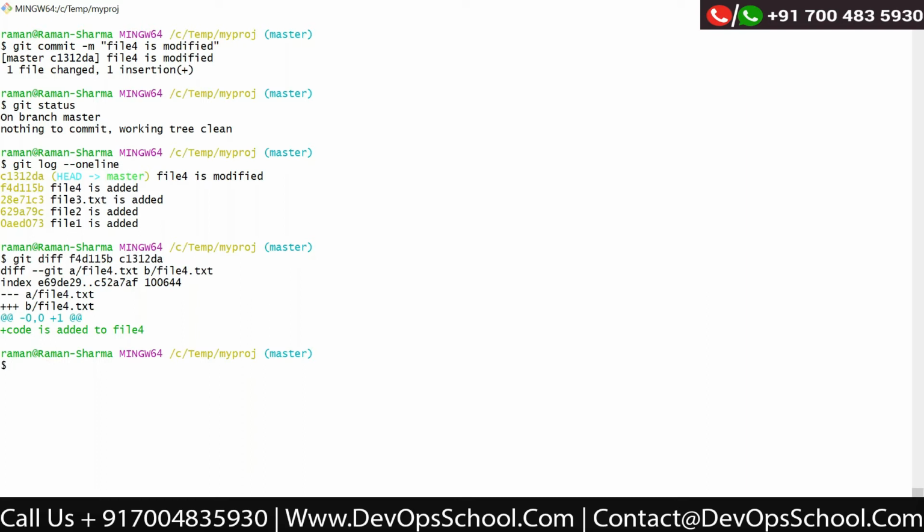And I can use git diff on any two commit IDs, or they should be in the same branch. So as of now, yes, we did not discuss branches. When we discuss branches, that's a different scenario. We need to merge it and then we can see.